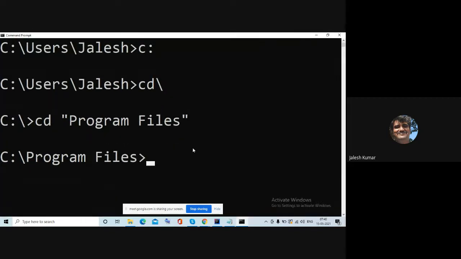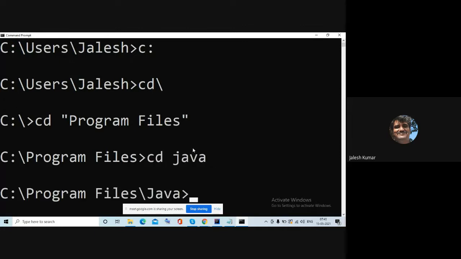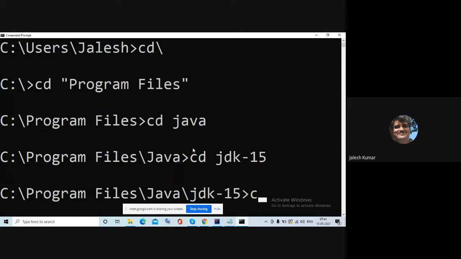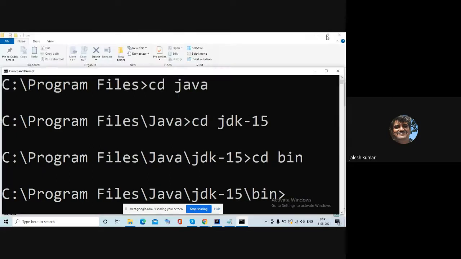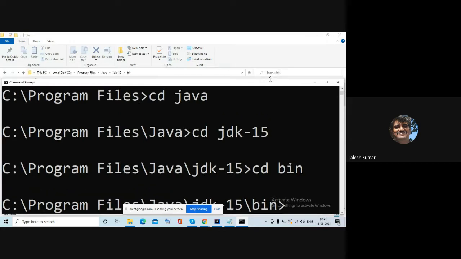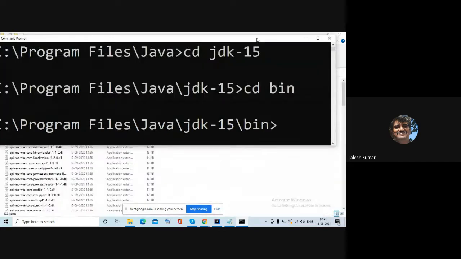CD program files, and in that CD Java, in that CD JDK 15, in that CD bin. Is it not? This is the path.